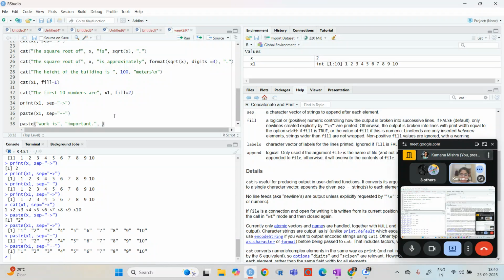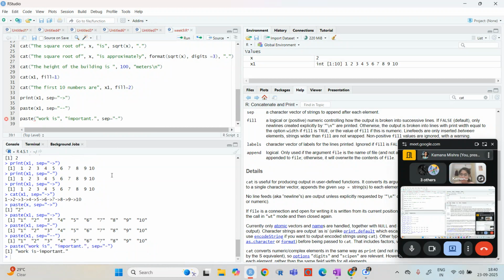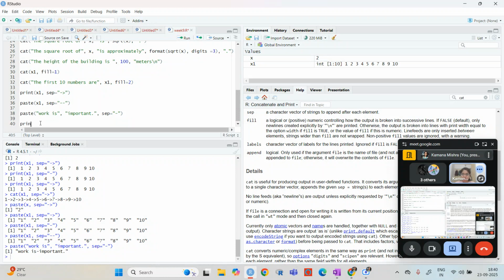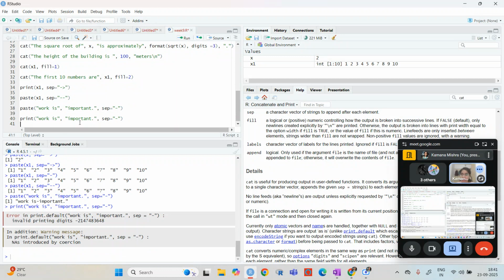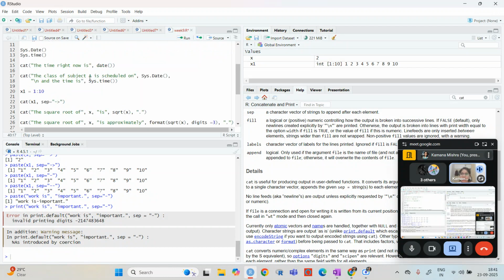And here if I put separate it by this, then you can see that it is then separating it. Similarly, if I write the print function and write it like this, then you can see that we are not able to write like this. So that is what we have seen here, I have deleted it.